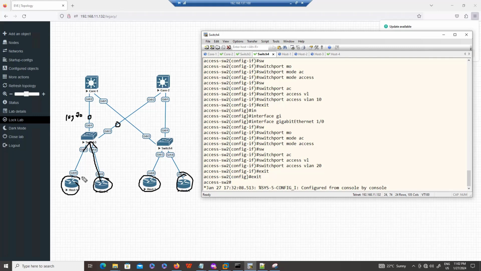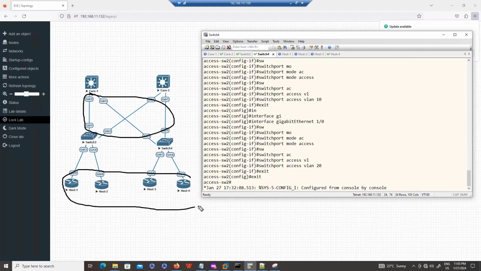So think like that: an access port only carries one VLAN's traffic, a trunk port carries multiple VLAN traffic. So switch to switch, we always have a trunk port. That means I need to configure all these ports as trunk ports. Then we will configure the IP address as per our IP schema, and we will check the connectivity.